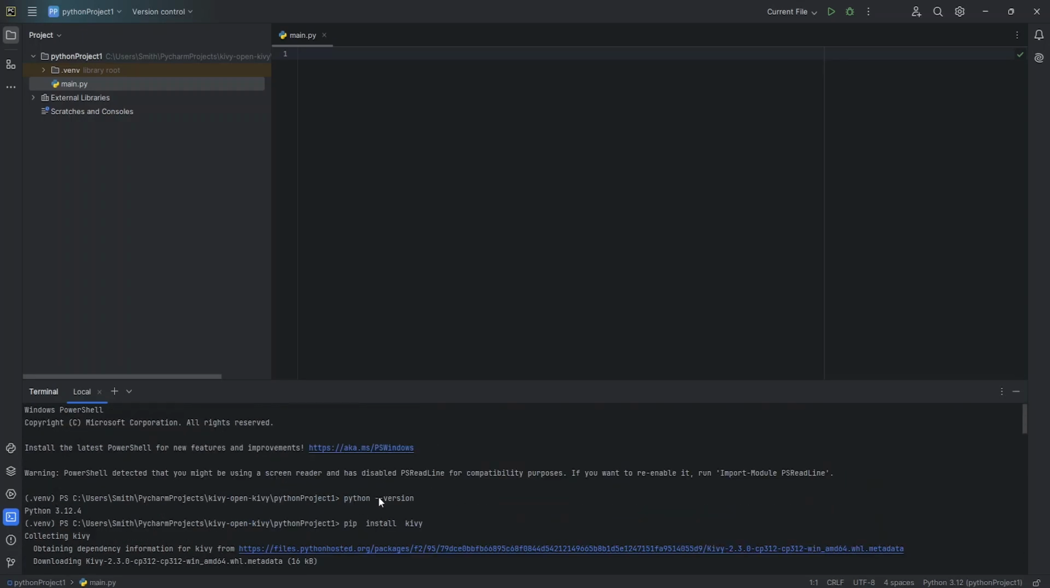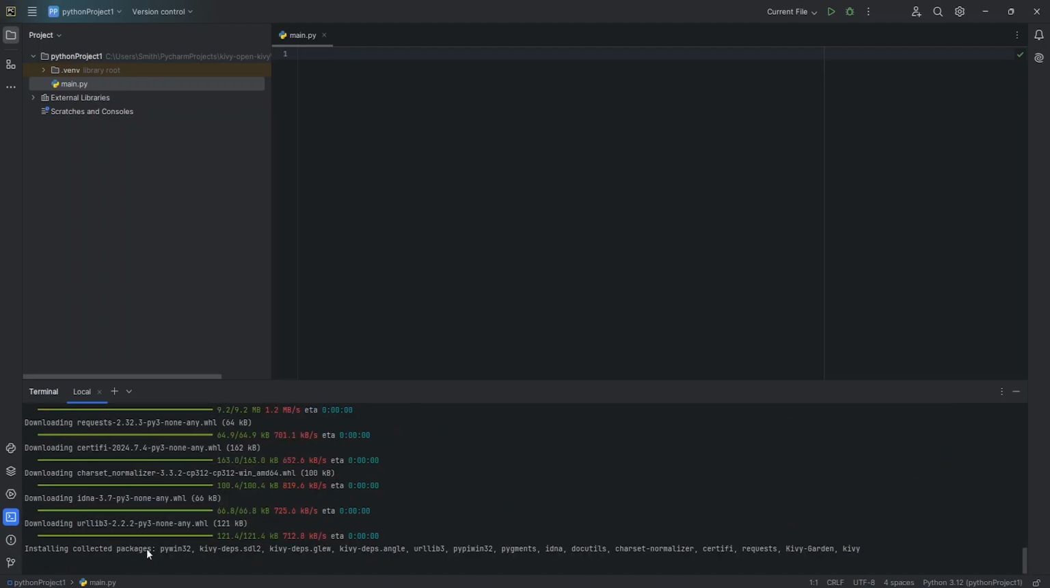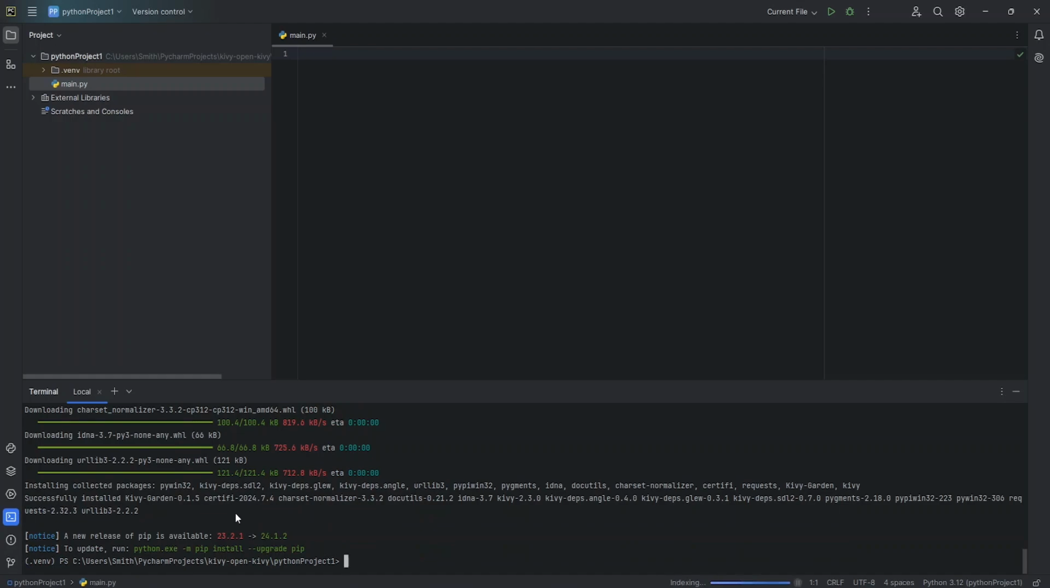Make sure to put in python -m pip install kivy. Okay, Kivy. And you can see installation has been already done. And you can see a new release of pip is available, which is